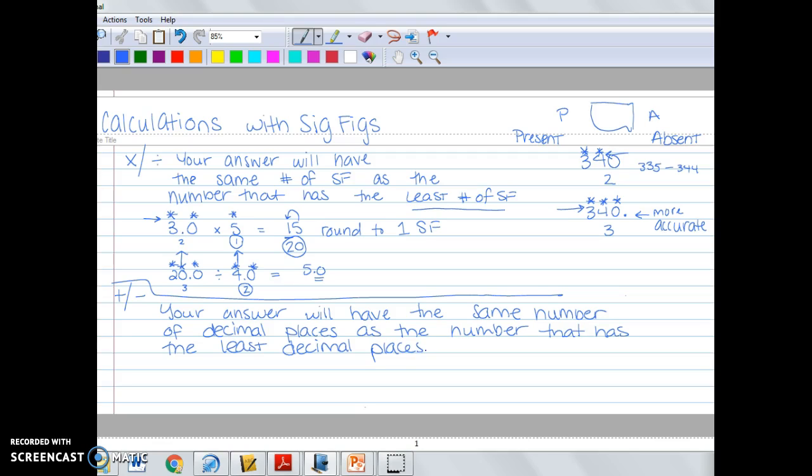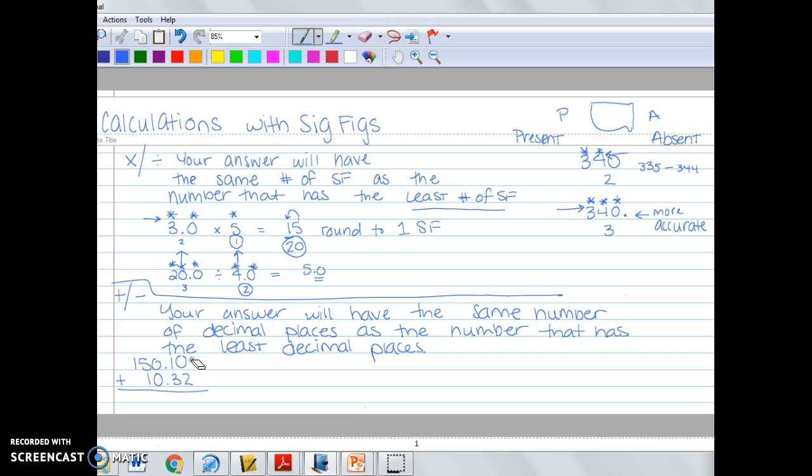So, for example, if I'm going to add 150.1 plus 10.32. Now, if I add that, normally what I would do is I would go ahead and I would put a 0 here,